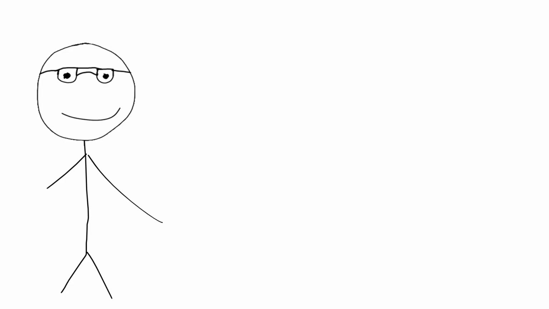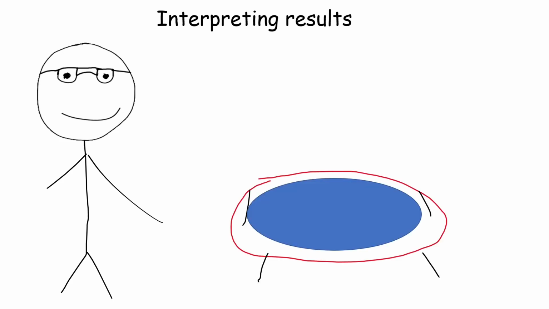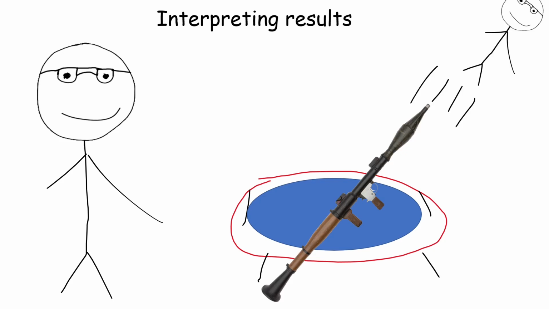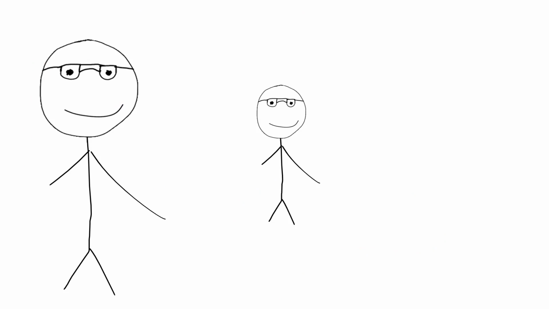Now the boring part is over, it's time for the actual fun part, interpreting the results of what you just calculated. Think of it this way: imagine a trampoline and how bouncy it is equates to how elastic the trampoline is. If the trampoline is very elastic, there's a very high chance that the trampoline is an RPG in disguise, delivering humans as high as the price of the oil set by OPEC. If the trampoline is not elastic at all, no matter how high you try to go, you're best off just